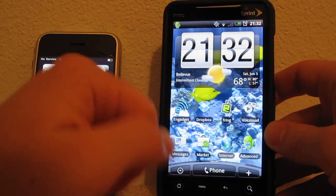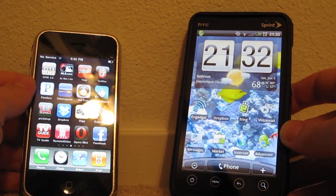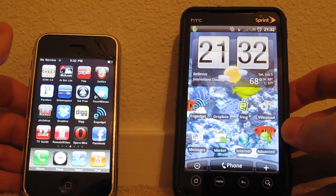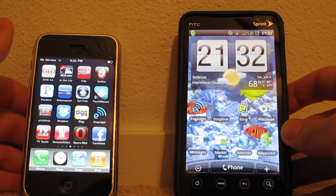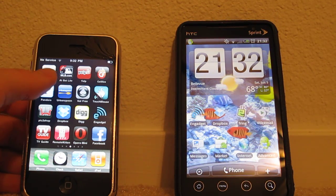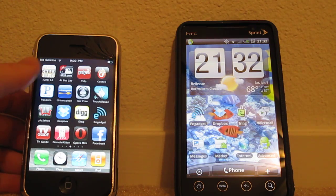Hey everyone, just going to give you guys a real quick overview. As you can see, I got the HTC Evo, which I got on launch day yesterday. I want to do a quick comparison between that and my iPhone, because I've had my iPhone for about 2.5